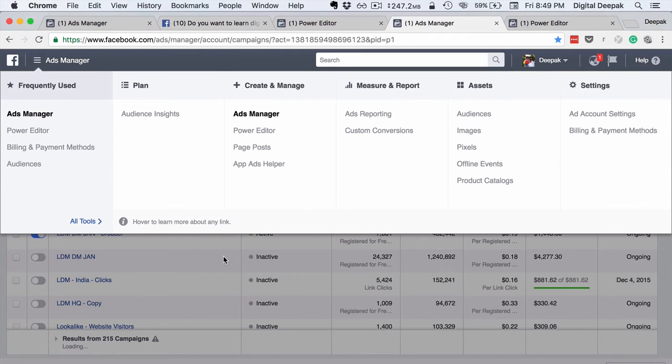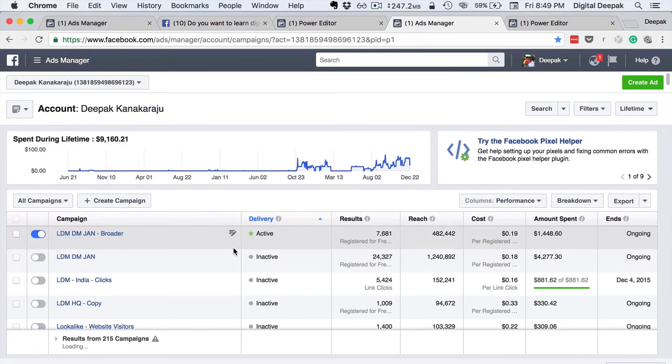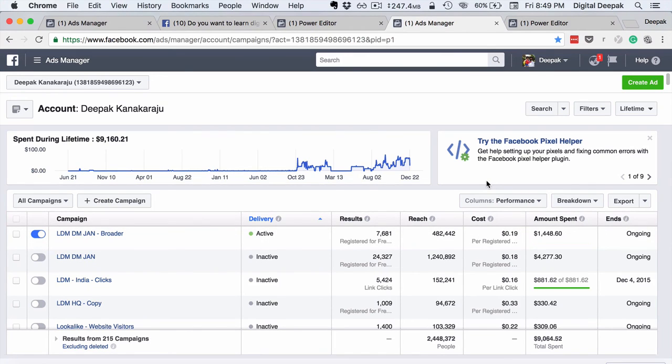My account was set up long back, at a time when INR spending was not available. So my account is still denominated in US dollars, and I pay via my credit card. It's charged in dollars. That is the only difference. But if you open an account, you should be able to see Indian rupees here. I got comfortable with looking at the statistics in dollars, and that's how my brain is wired right now, having run campaigns over quite some time. That doesn't make any major difference for you anyway.